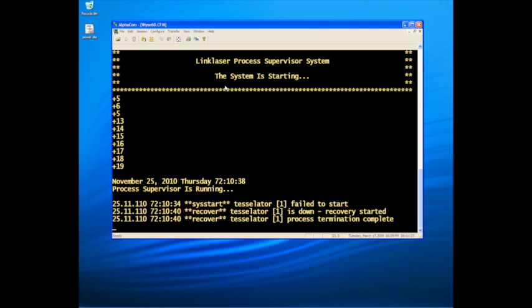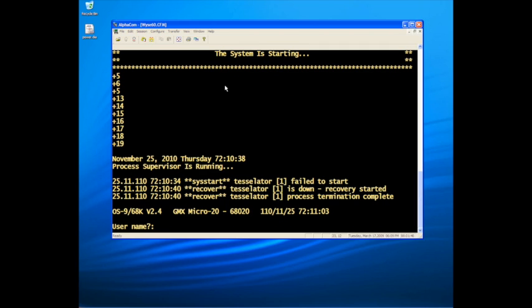Straight away you can see we've got a failure, and that is that we can't connect to the graphics system, and that's not surprising since I haven't started it yet. The SCADA system will look for a valid graphics system. When it finds one, it'll bring it online, and I'll do that in a minute. But before I do that, what I'd like to do is just have a quick look around the 68,000 side of things,